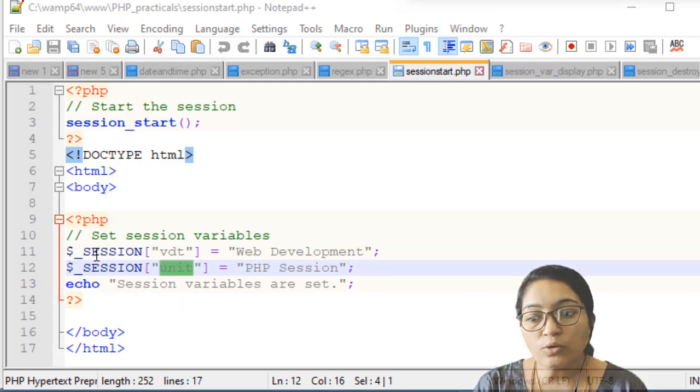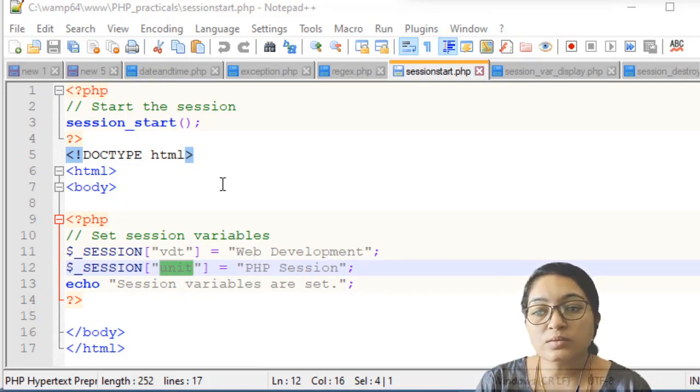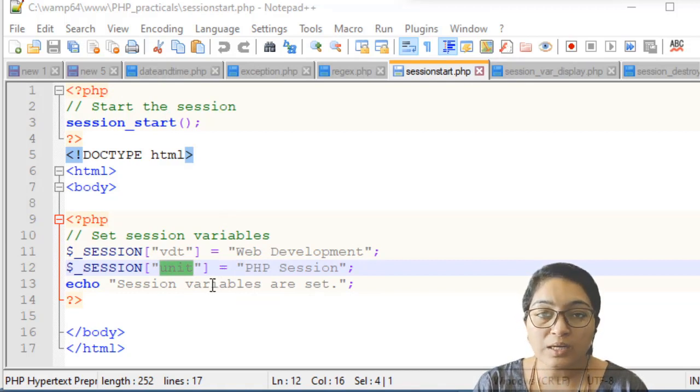What you have to do is create this associative array. You have to use $_SESSION, which is a global array in which you define the key of the session variable. Here I have defined VDT and unit as keys, and here I have defined the session variables' values. Whenever we execute this practical, it will just display that the session variables are set.